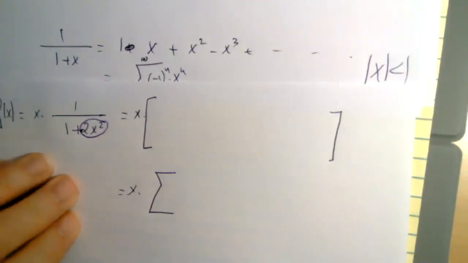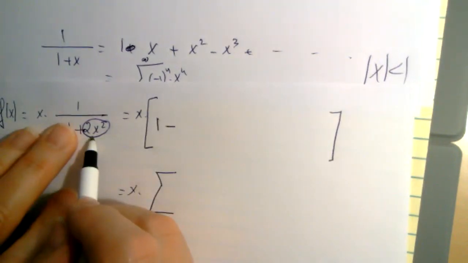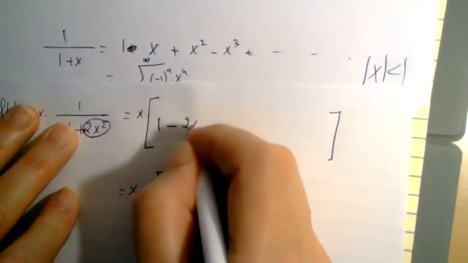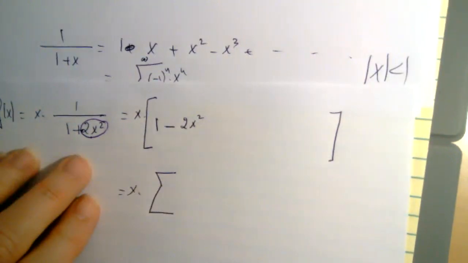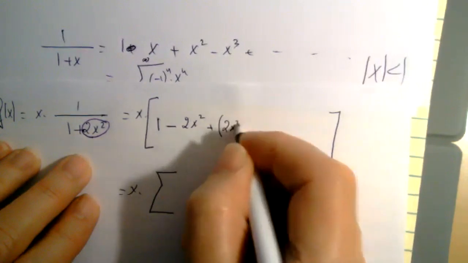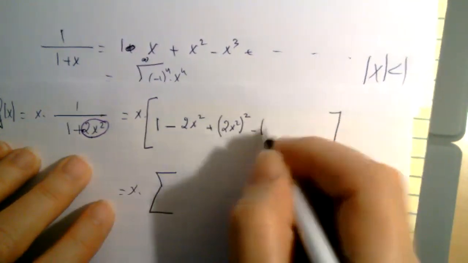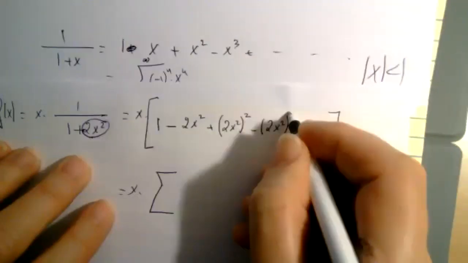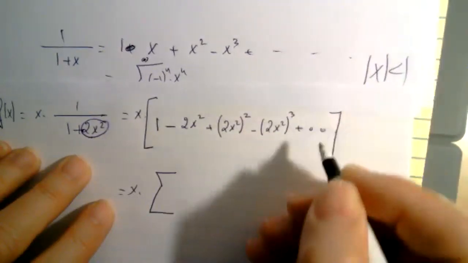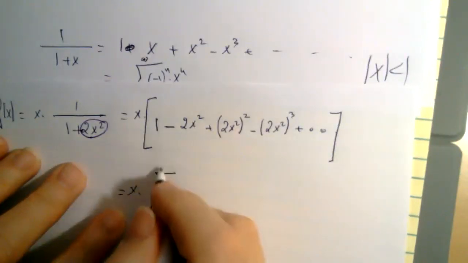So let's do it step by step. All right, so we're going to have here 1 minus, instead of 2x squared, x is 2x squared, plus, instead of x, is that, minus, again, instead of x, plus, etc. In sigma notation, n starts at 0, n goes to infinity,